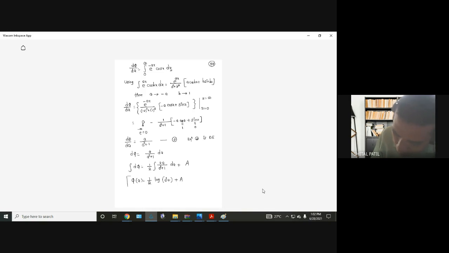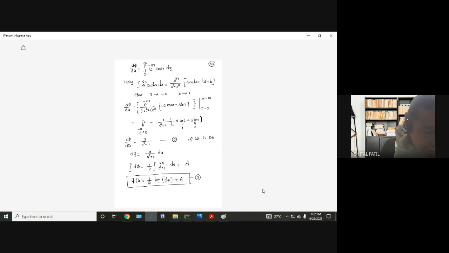We have got the answer, but this is not the final answer since we don't know what the value of capital A is. So we have to find capital A. To find capital A, now we have to go to equation number 1. You go to equation number 1. What is there? What have we written? Phi of A equal to the integration from 0 to infinity of e raised to minus x minus e raised to minus a x divided by x sec x. So you tell me what should be the value of small a so that the integral is simplified, or if possible the integral will become 0.